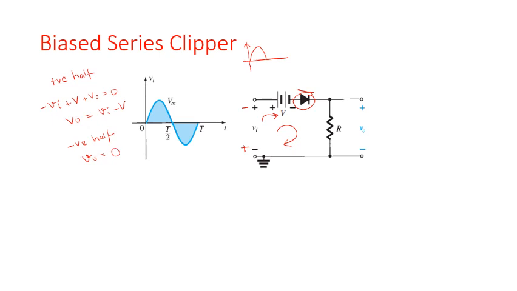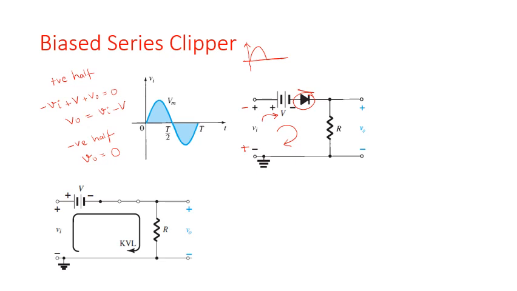Now when you have to draw this waveform, what is going to happen? Positive half cycle, I have Vi minus V. Negative half cycle, you have 0. So if you look at the circuit, this is exactly what we've done. Positive half cycle, your circuit looks something like this, and your final waveform looks something like this. So how exactly have they drawn this final waveform?